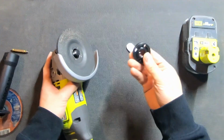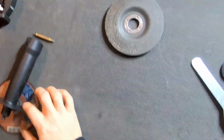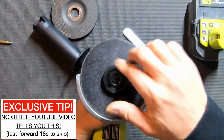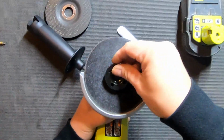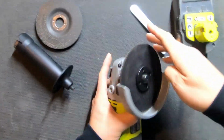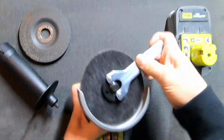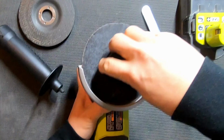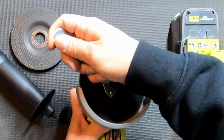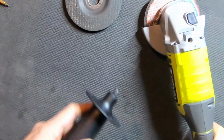And for the grinding disc, I noticed this needs to be with this piece down there, whereas with the cutting wheel, I noticed the opposite. I actually got to put the flat side down. Otherwise, actually I'll show you. If I put it with this side down, you can see the wheel still slips. That's not what we want. So, loosen that back off, flip it around so the flat side is down, tighten it down again, and then now it's tight in there. And for some cutting,